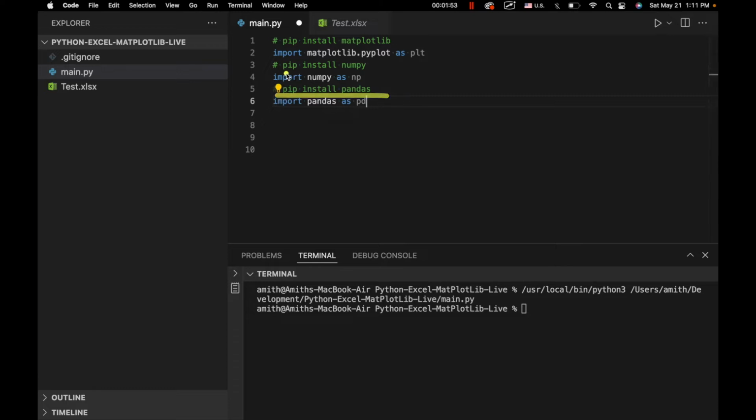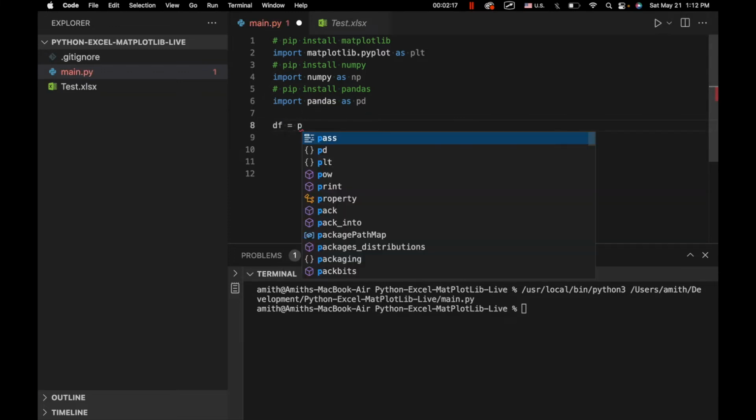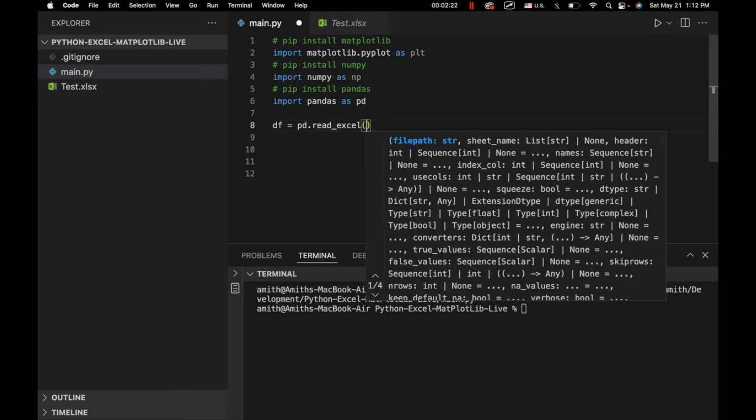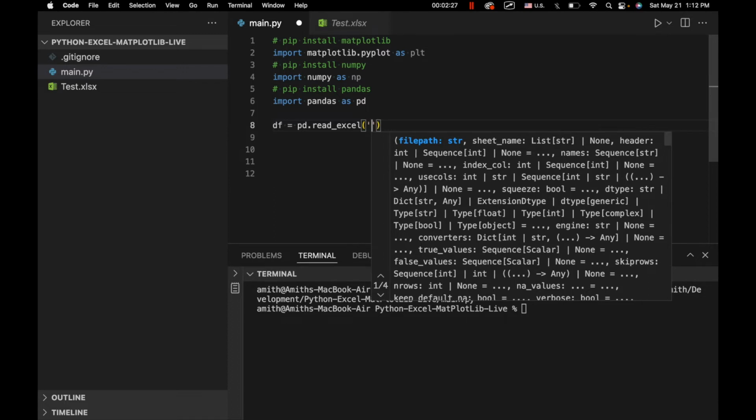As you can see, I typed in all of these statements. These are statements you can use to install these libraries in your terminal or command prompt. So the first thing we're going to do is read our Excel file into a data frame. A data frame is one of the cardinal concepts in the Pandas library. It's basically a 2D data structure that comes with a lot of different functions that allow us to manage the data that's been input to it and organize it in whatever way we want. So we're going to say pd.read_excel